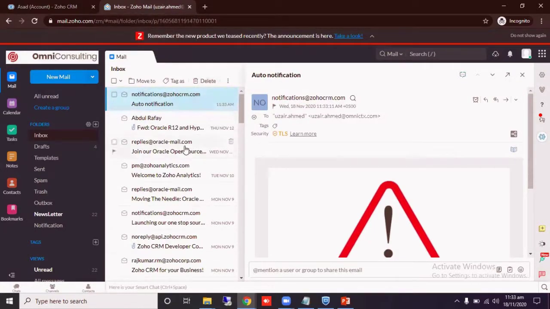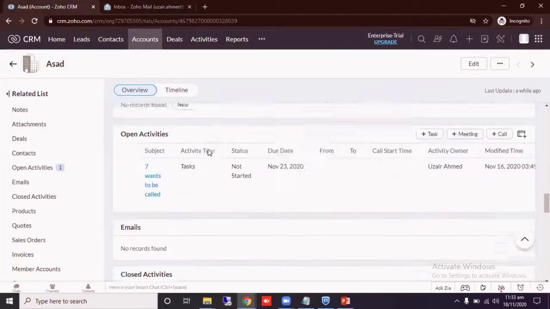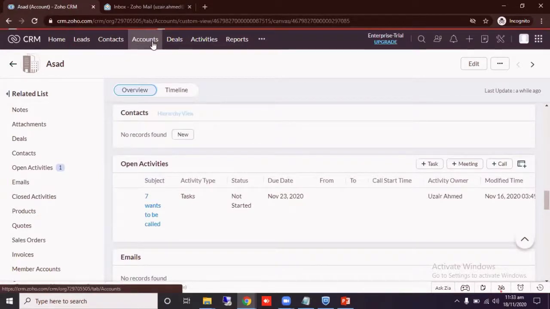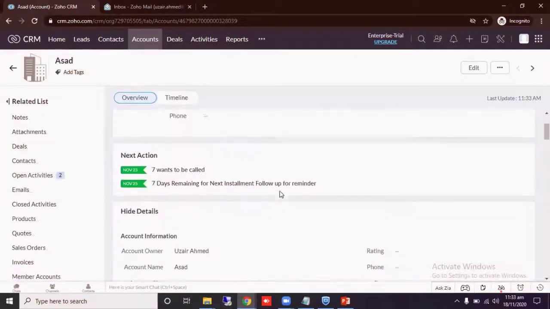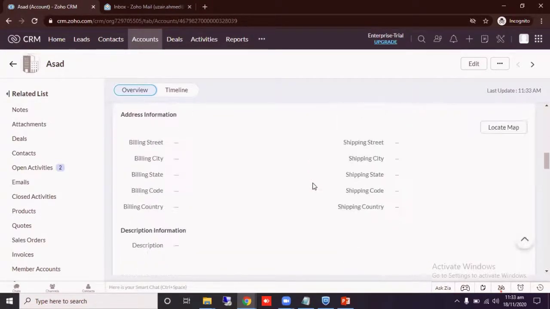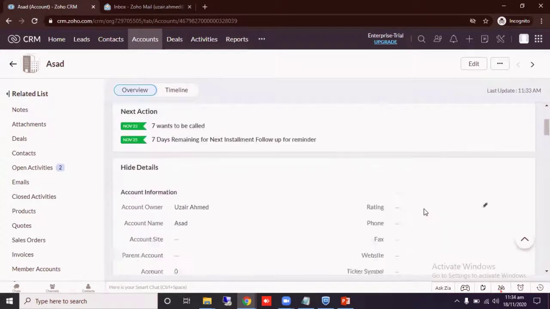And you can also check the task. If I go to the CRM again and reload it, so here you can see the new task, 7 days remaining for next installment, follow up for reminder. And in the activities you can also see the task here. So if I change the due days